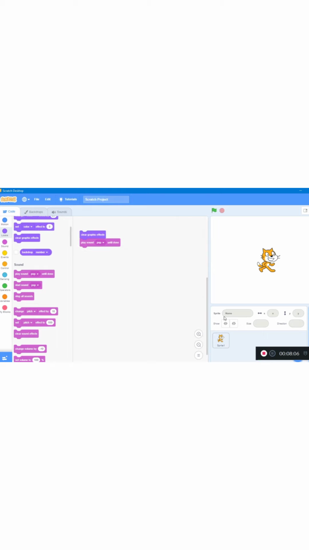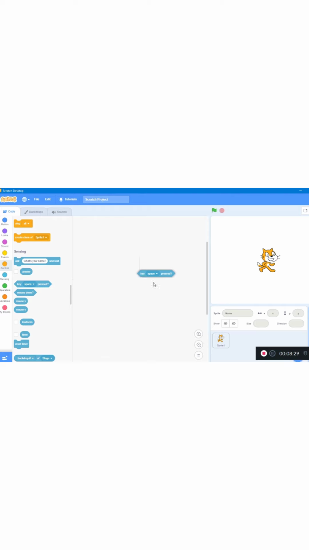Now next we will learn about Boolean blocks. Boolean blocks are the conditions. They are either true or false. You can see here, this is the Boolean block.